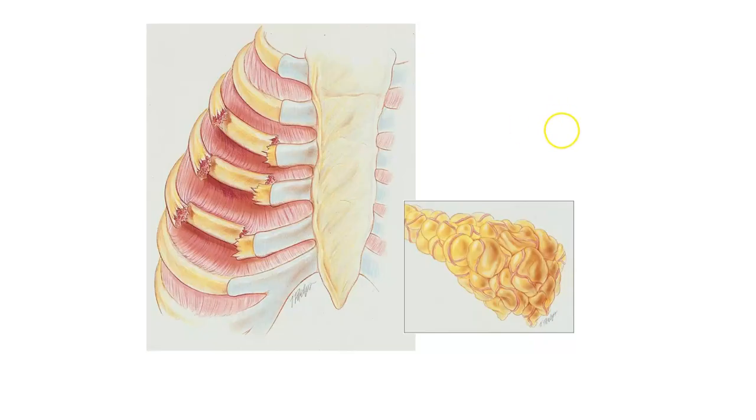Now, the alterations to the lung that can occur from flail chest is, of course, rib instability. This also can cause lung restriction. The patient is in pain, they're not going to take deep breaths. Not taking deep breaths is going to create atelectasis, as you see here in the small picture. So the alveoli start to collapse. That can also lead to a secondary pneumonia. And as I said earlier, lung contusions or bruising of the lung itself.